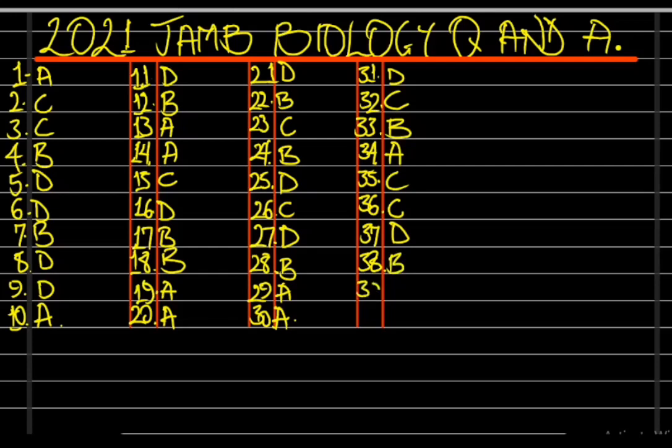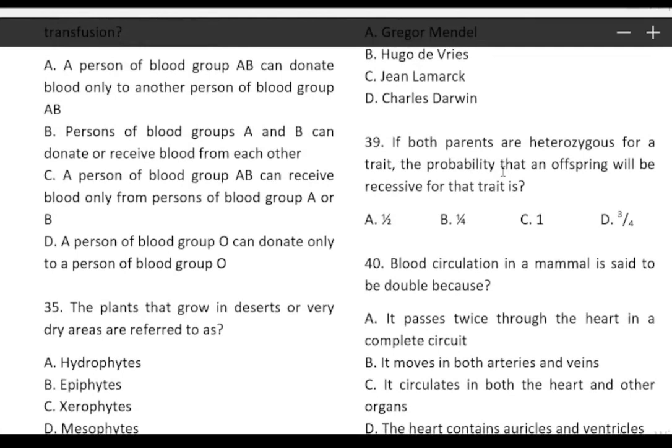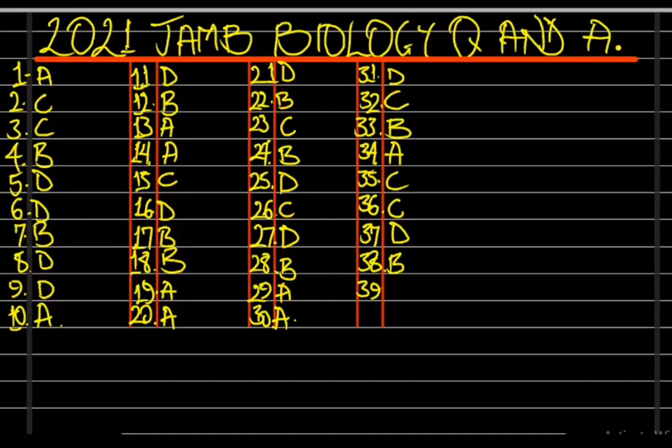And then question 39. If both parents are heterozygous for a trait, the probability that an offspring will be recessive for that trait is: half, quarter, 1, 3/4. Let us see. Both parents are heterozygous for that trait. So let us see the possibility of that happening for the father and for the mother. When meiosis takes place, it breaks up, and there's going to be recombination of genes such that we'll be having something that looks like this,